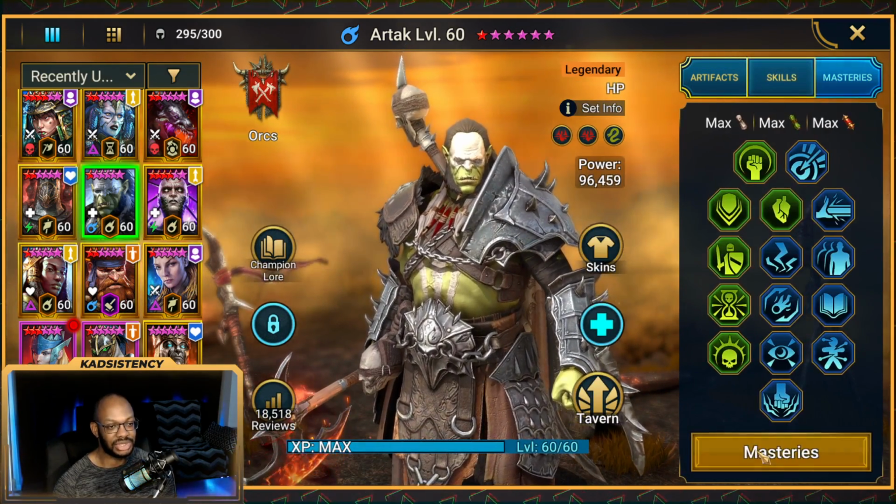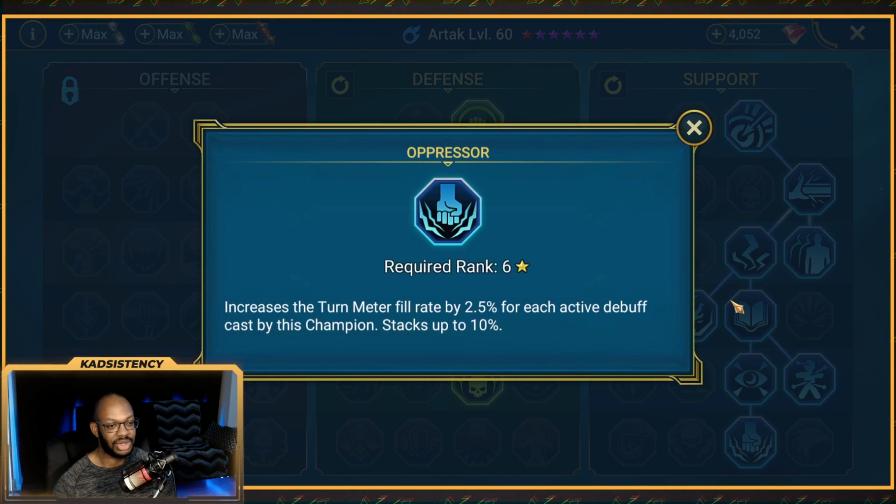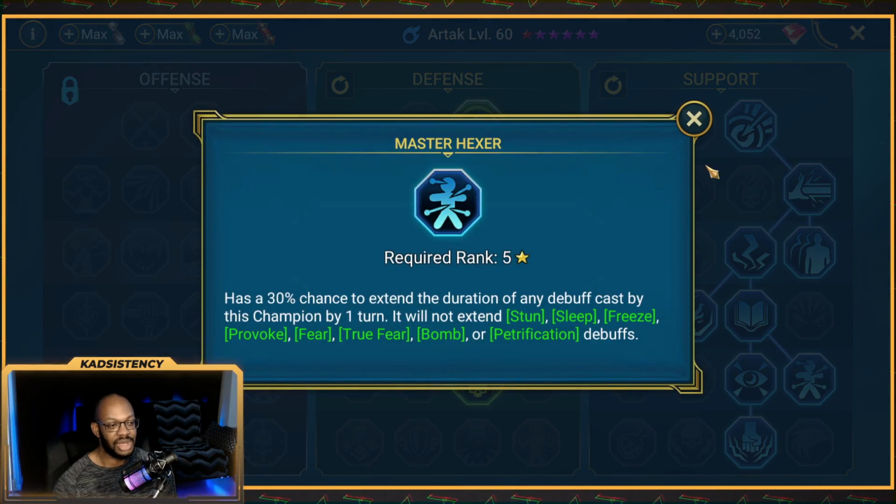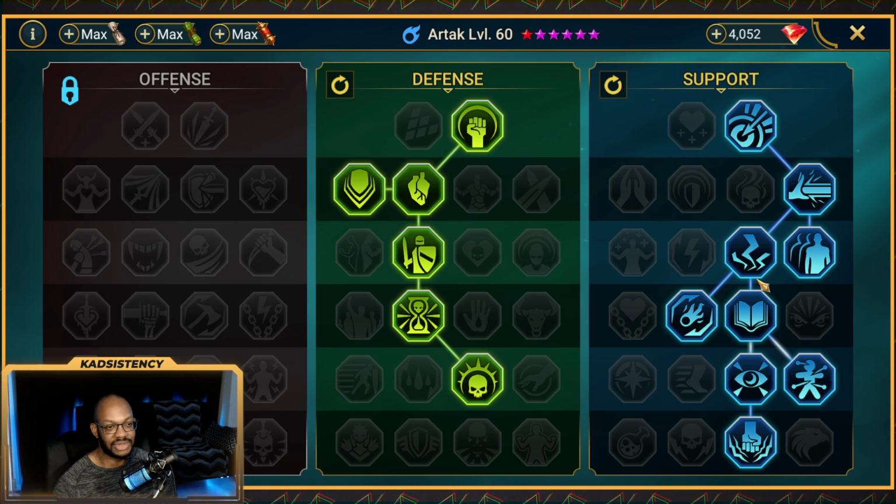And the masteries, somewhat similar to Theodore, we're coming down notably to Oppressor for the same reason. When he's placing all the HP burn, decreased attack, his turn meter fill rate is increased, therefore he gets more turns and cycles a bit faster, particularly with increased speed as well. Master Hexer, increase the duration of the HP burn, decrease attack, debuffer side masteries here with the extra accuracy,